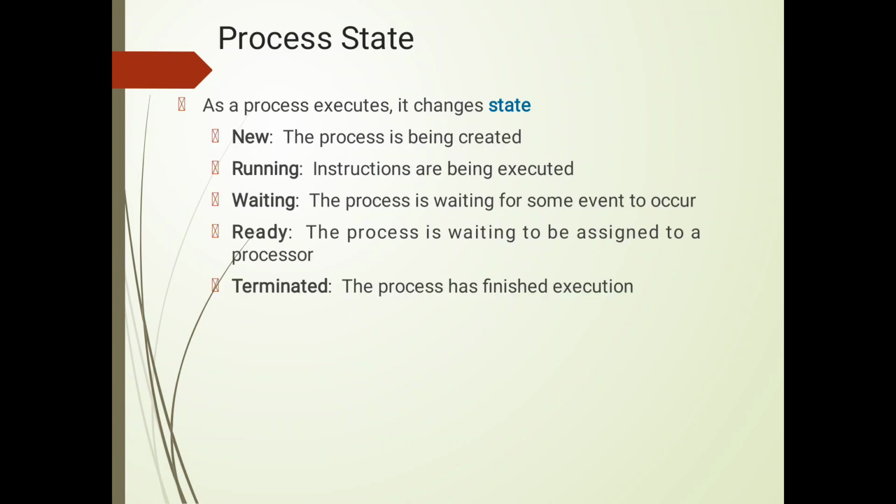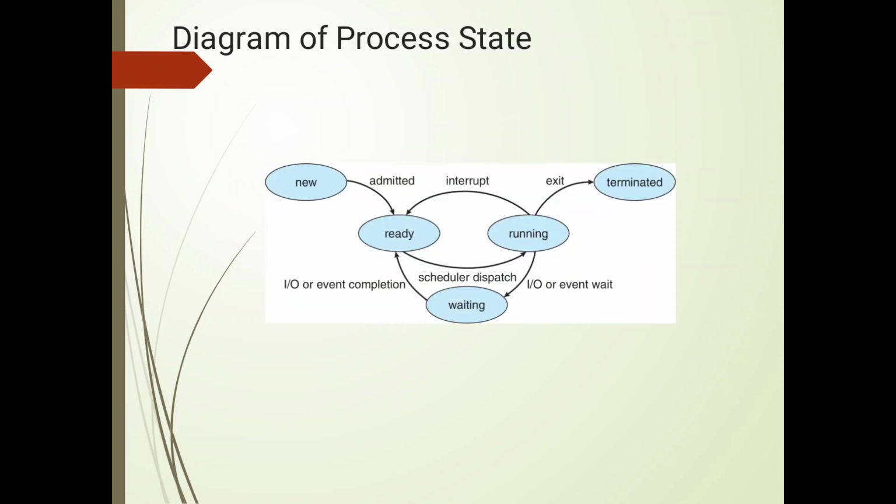The process state: as a process executes, it can change state. The states are new, running, waiting, ready, and terminated. In the diagram representation, if the process is newly created, it is in the new state, and it is ready for execution. Then after execution, it is running, and it may go to the waiting state or the terminated